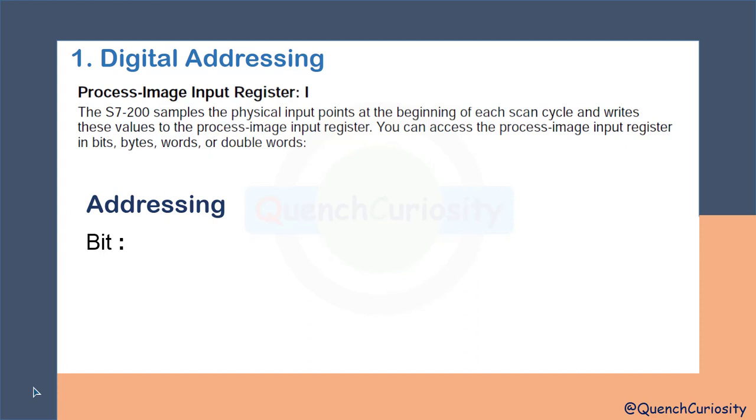For a bit address, first there will be a file identifier. The purpose of this file identifier is to tell the PLC, or the program, that this is of type input, output or memory. For the input register, the file identifier is capital I. The capital I is followed by the byte address, then a dot, then the corresponding bit address.